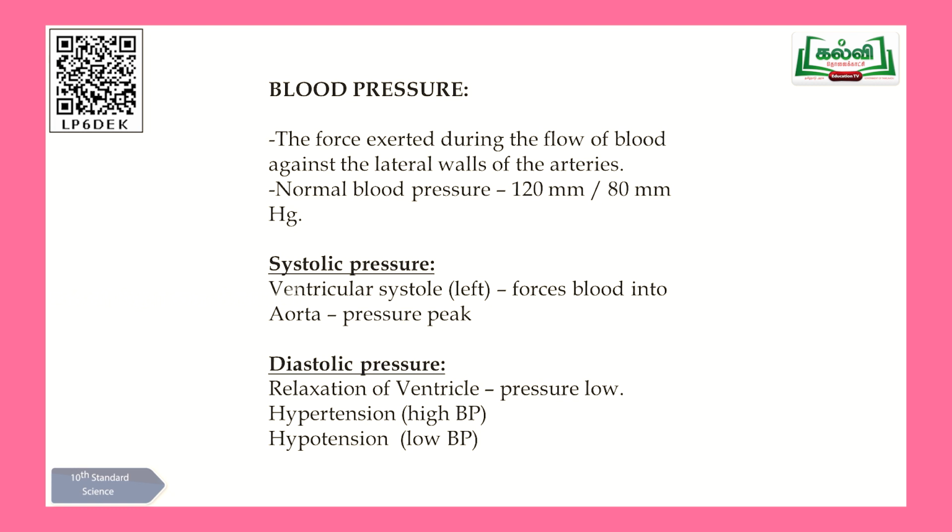When it goes above this level, 120 mm, the person is having hypertension, high blood pressure. When it goes below 80 mm, that person is called a hypotension patient, that is low blood pressure. Once again I will repeat, above 120 mm is considered hypertension, high blood pressure. Below 80 mm, it is called hypotension. So I told you hypertension means more pressure, hypotension means less pressure. Okay. Now you know the range also.